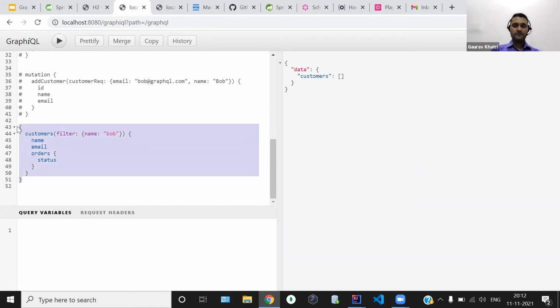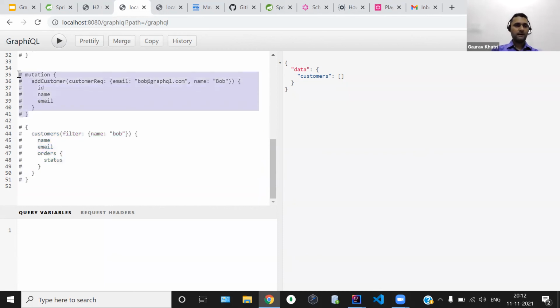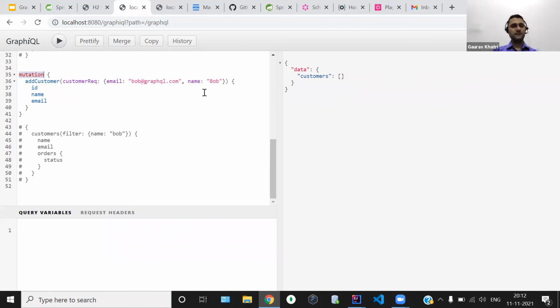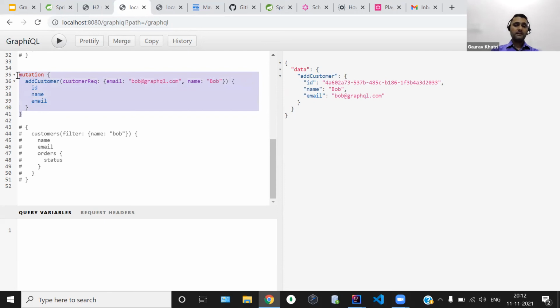So now we will type the mutation query. I have already written the mutation query. To write it, we have to type the mutation keyword before the curly brace. In that, we will provide addCustomer followed by all the required information. So we have customerRequest as the input request, and in that, we will provide some information in terms of name and email. And if we click on this and everything is fine, we will get some data out of this. Okay, so now we can assume this data has been saved into the database.